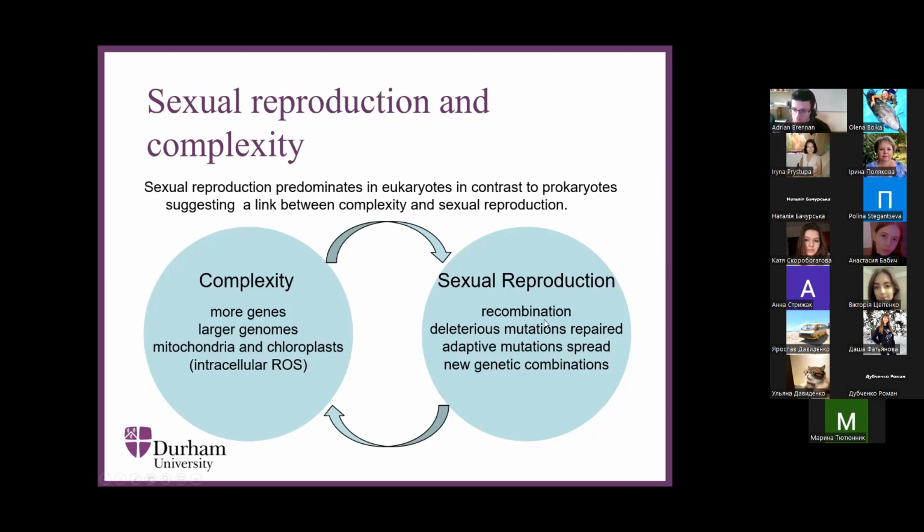So sexual reproduction allows your genomes to recombine, as we saw on the last slide. So you can combine favorable adaptations across different individuals. This recombination helps repair and purge deleterious mutations. It allows new adaptive combinations to come together, and so they can then spread in future, and all that new genetic variability. And so it becomes a virtuous circle: the more complex you become, the more advantageous it is to reproduce sexually, and that allows the accumulation of more complexity in turn.